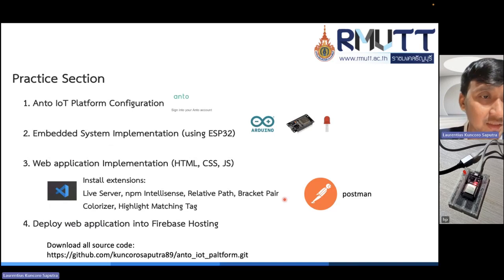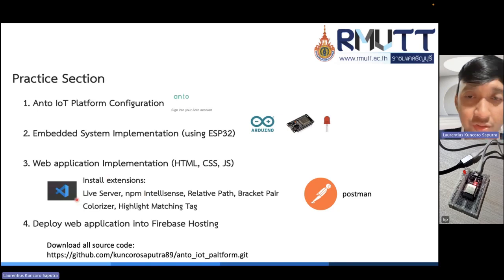For step 3, web application implementation, we only need 3 files here: HTML, CSS, and JavaScript. For the HTML, I use HTML5, and before implementation of the web application, I suggest you install extensions in Visual Studio Code.